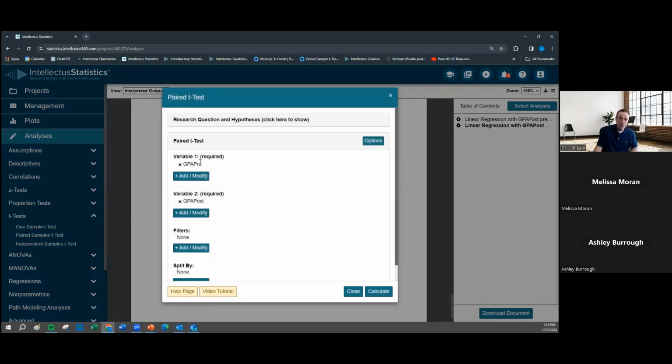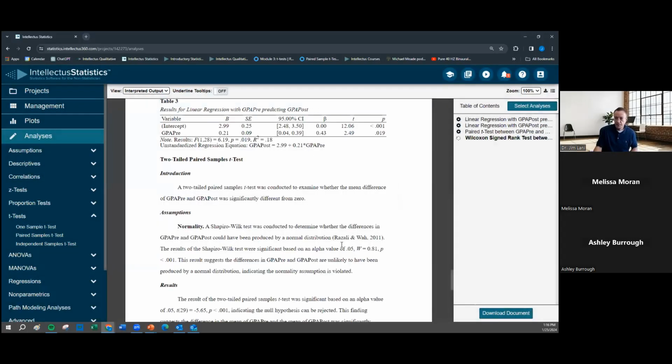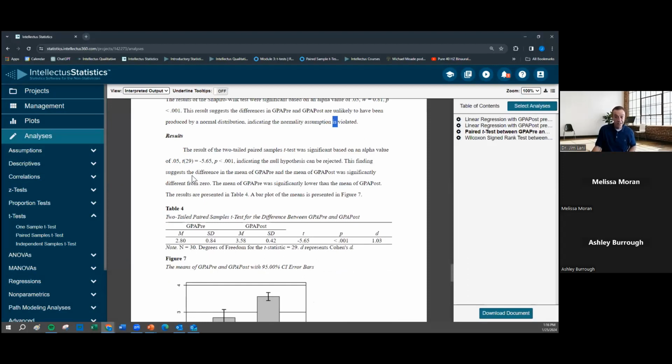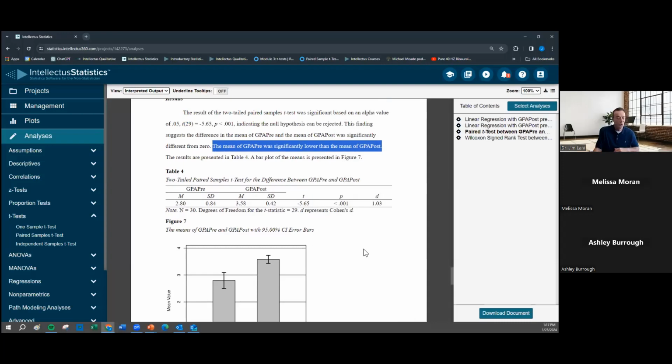Again, I just select the test, put in the variables, and hit calculate. It's just streamlined. So again, the assumptions are built in. There is a use case for, well, let me talk about research for a moment. It's actually running the test and interpreting that test for you. Results are again in plain English. You would have to edit that document. You can use the APA table straight up, and you can see the interpretation here that once we know that T is significant, we just need to interpret it, and you have the appropriate plot and table sitting there, all downloadable to a